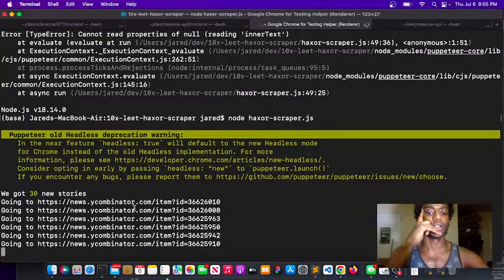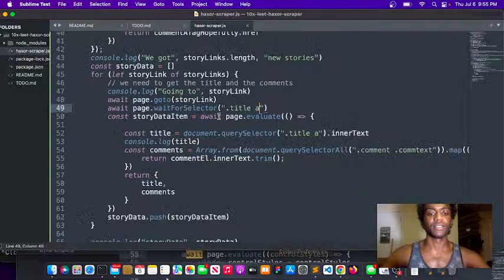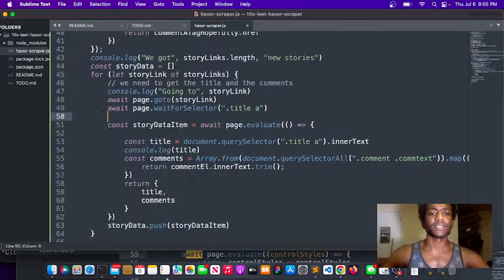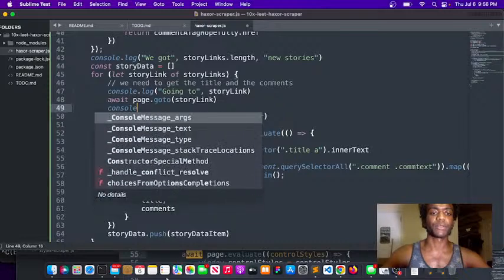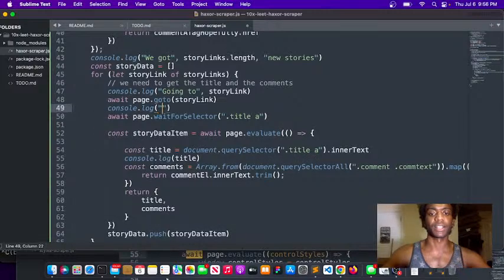Oh, interesting. It never runs. So let's do this. When we go to, because after the go to, we'll be able to log the text of